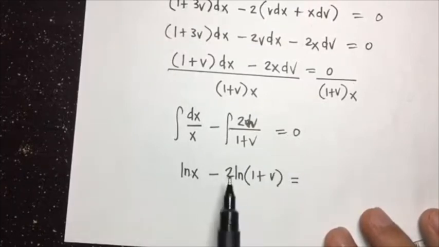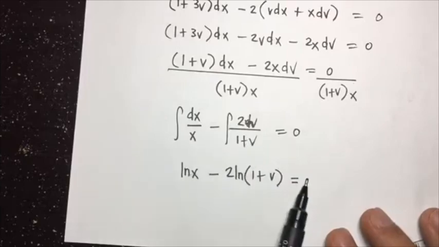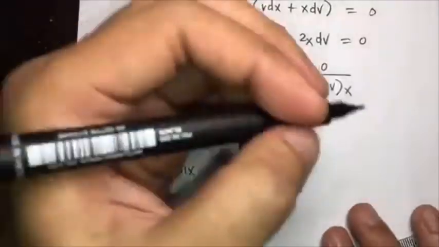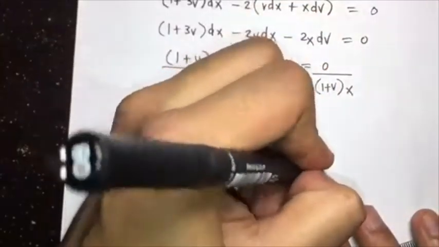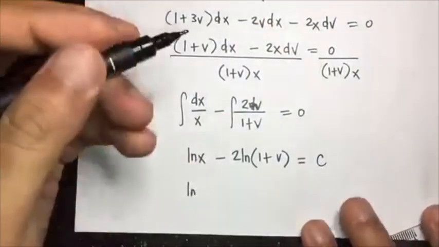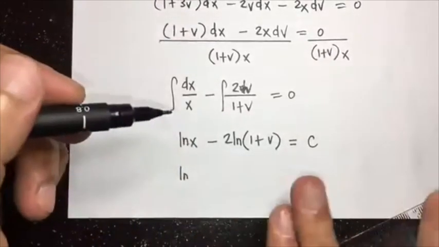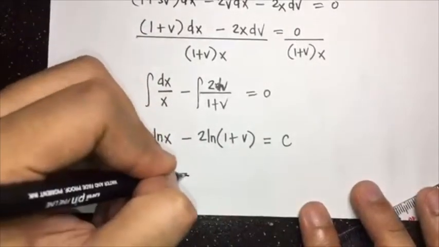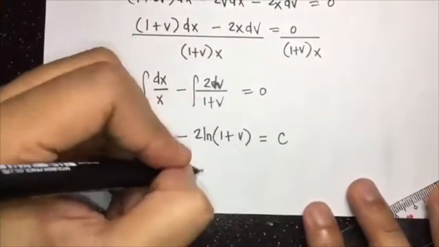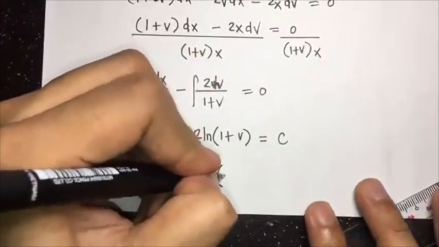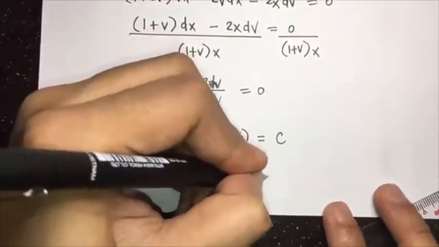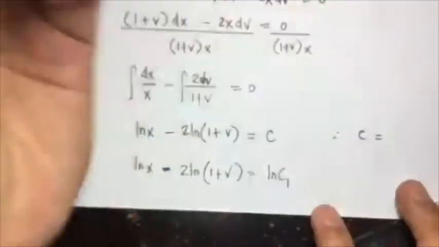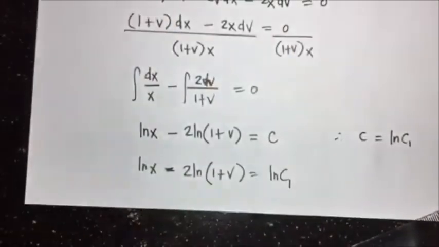So after integrating, then we have a constant of integration c. Or we can express it as a natural logarithm also, so that we can combine all of them. So ln of x minus 2 ln of 1 plus v is equal to ln of c1. So if we say c is equal to ln of c1, then